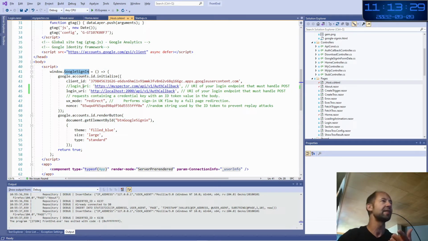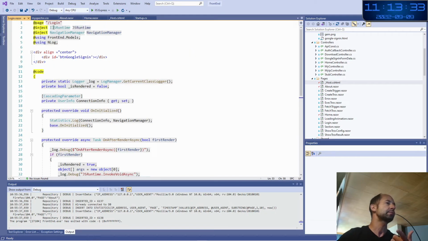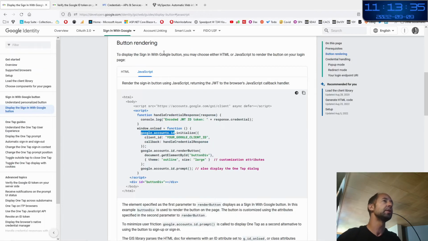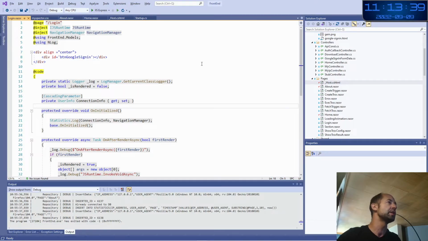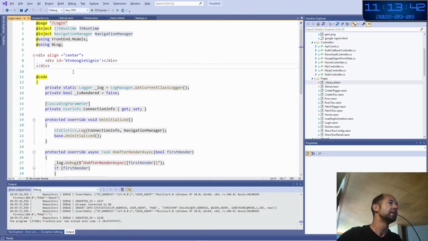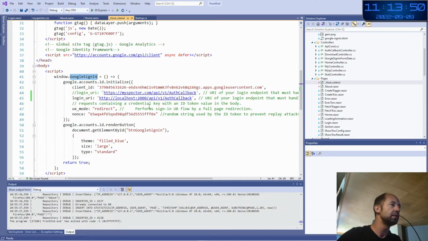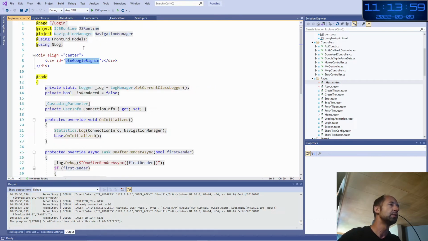Then this Google sign-in object, you see here I am in the page login. The page login is there. And here what I do, I put a div with a button Google sign-in. The JavaScript sees where it comes from in the page.